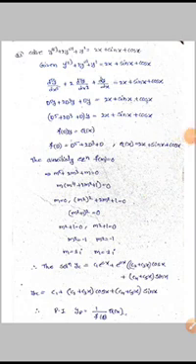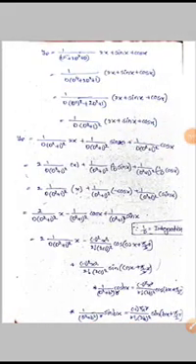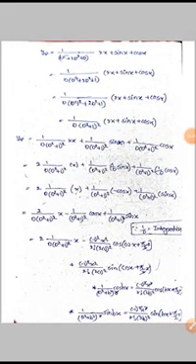The particular integral is yp is equal to 1 by f of D into Q of x. That is 1 by D to the power of 5 plus 2D cube plus D into 2x plus sin x plus cos x. This one can be written as 1 by D into D square plus 1 whole square into 2x, plus 1 by D into D square plus 1 whole square into sin x, plus 1 by D into D square plus 1 whole square cos x. First term.